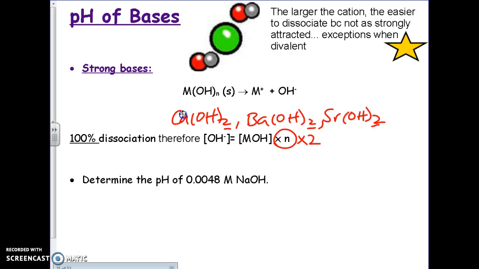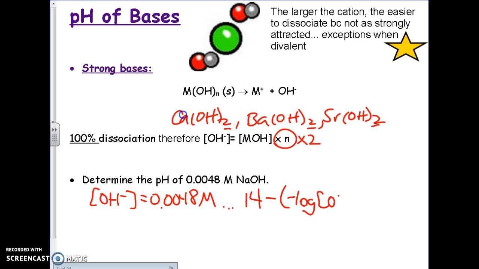So to determine the pH of 0.0048 molar sodium hydroxide, first off, the concentration of hydroxide is as given, 0.0048 molar. This information you can use immediately to find pOH, or the real quick shortcut is 14 minus pOH, where the pOH is negative log of hydroxide. And this is just something that minimizes your calculations. It's the same process, but 14 minus a negative log of